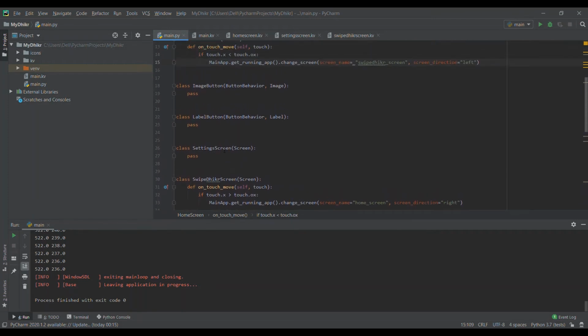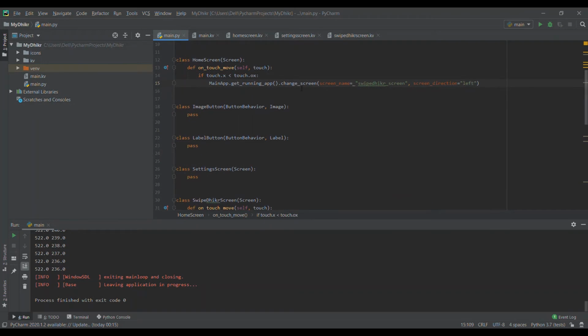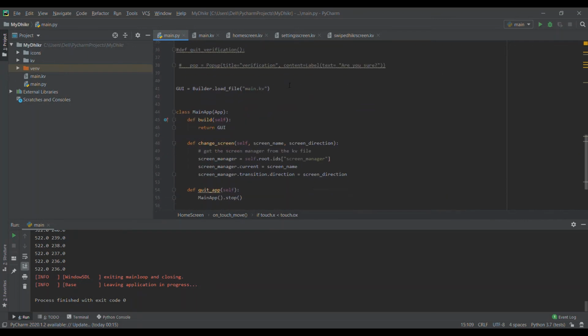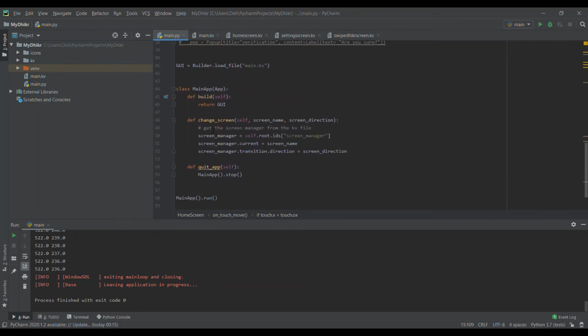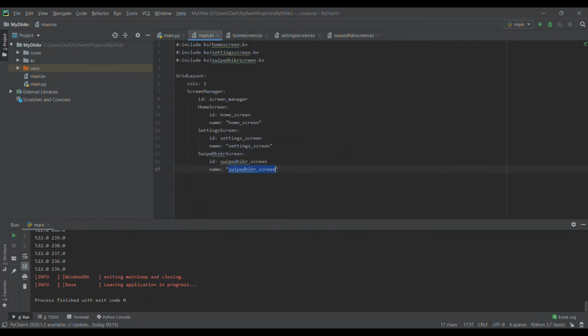Without the get_running_app part, it creates another instance of MainApp which will not work. So this is very important. And change_screen refers to this method here. It gets the screen name and the screen direction. The screen manager is equal to self.root.ids.screen_manager. This gets the screen manager from the Kivy file, my main Kivy file here. So it gets these IDs,